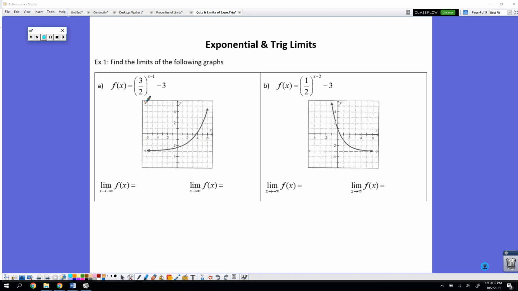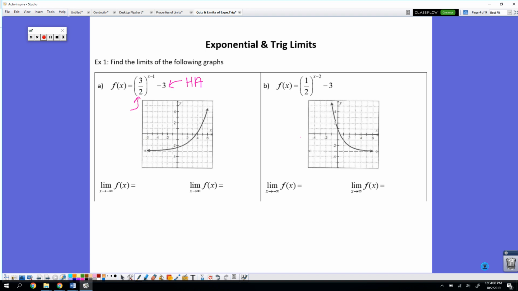Okay, let's go ahead and get started with exponential and trig limits. So for exponential graphs, we're going to start off by looking at the graph, and then we're going to have to be able to actually graph the function without it being given to us. Okay, so what we're going to look at here is f of x equals 3 halves to the x minus 1, minus 3. So things that we should know as soon as we see that are that minus 3 is our horizontal asymptote,